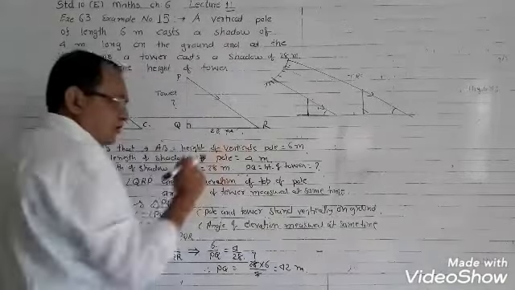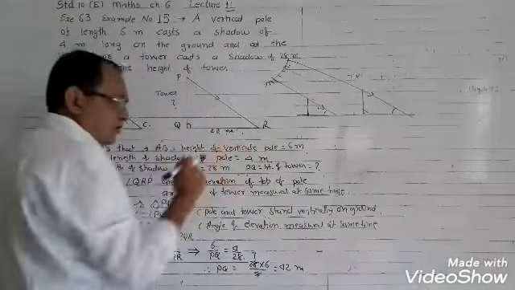We will study this in very detail in chapter number 9, Height and Distance. The name of the chapter is Some Applications of Trigonometry. It is not necessary to draw this figure in the exam, but it is for the explanation. So, in short, these two angles are the same. Angle C is equal to angle R.